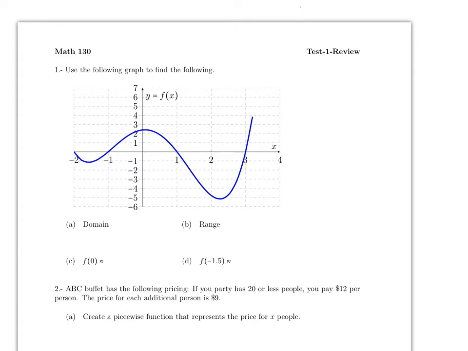Now for part A, it's asking you what is the domain. Remember, the domain are the x values or the input. Here the lowest x value is -2 and the highest you could say is 3.2, so you can just approximate. So if you write the answer in interval notation, you can say that the domain is from -2 to 3.2